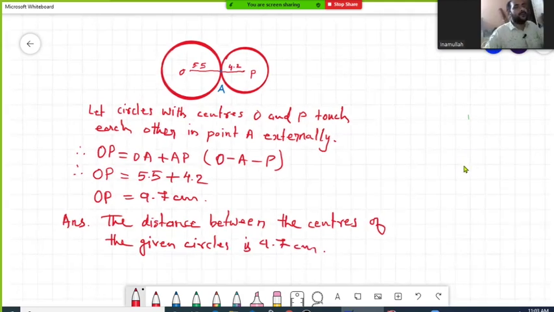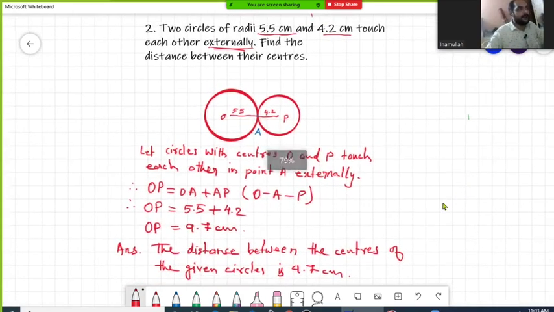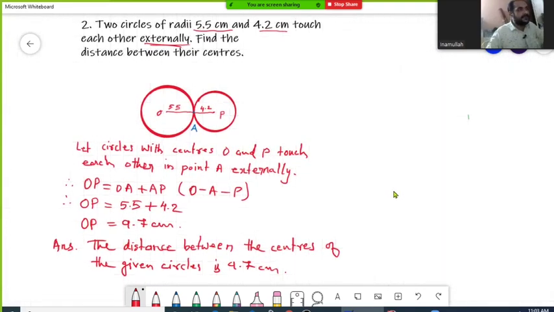So this is all about this question. This way you can write your solution. This is the complete solution of this question. These are very simple questions where you need to just use a property or theorem on internally and externally touching circles. And we have already discussed when two circles touch externally, then the distance between their centers should be the same as the sum of their radii. So as you can see, OA is a radius of the greater circle, AP is a radius of the smaller circle. So when we add these two radii, I'll get the distance between their centers. So here we are using the theorem.